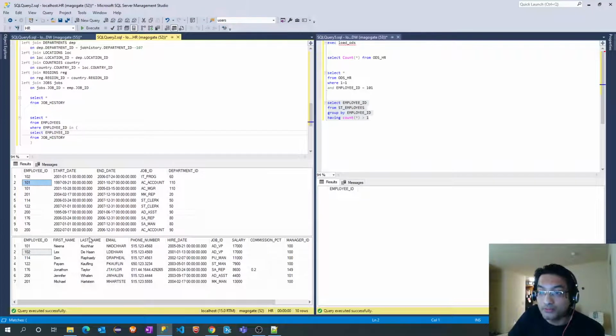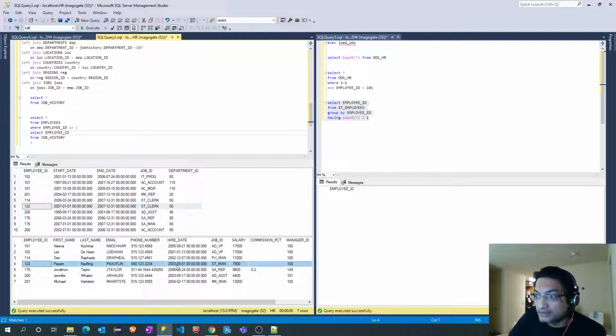So what is that more? As we saw for this particular record 102, or even maybe this 114 record, let's look at employee ID 114. The employee ID is the same, but the hire date is different. So let's consider record 112.